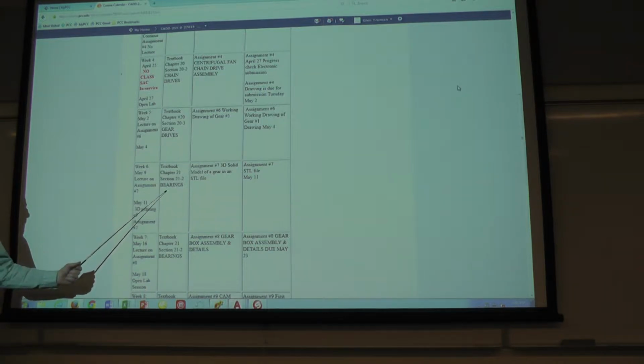And then next week, we're going to do a 3D solid model of a gear, and then you're going to 3D print it. Who in this room has not taken CAD 199D or CAD 105? I'm in it now. Are you in it now? Yeah. Being in it now is fine, because you're learning how to 3D print, which means that